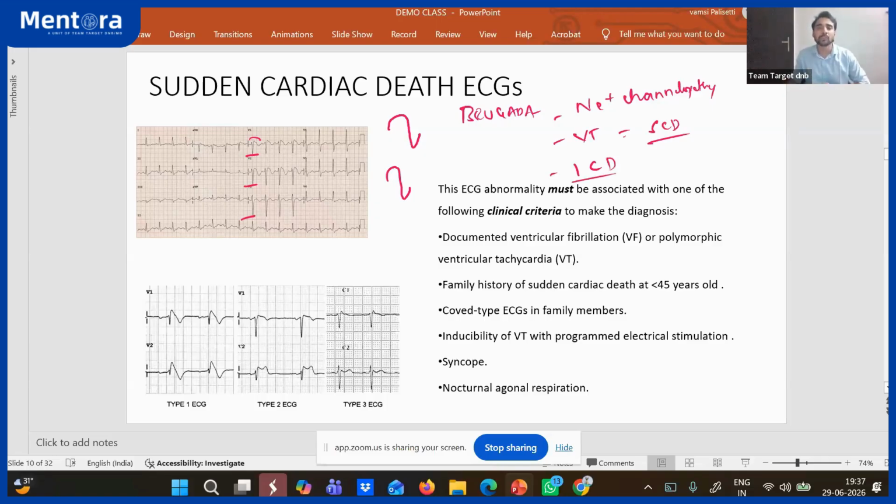Right? So how to diagnose Brugada syndrome? Very, very important. For the diagnosis you have to do the ECG. In the ECG, you will see this coving type of ST elevations from V1 to V3 along with T inversion. So that's very, very diagnostic. Right? So this is what they said.